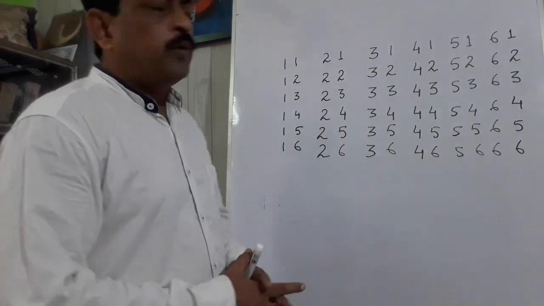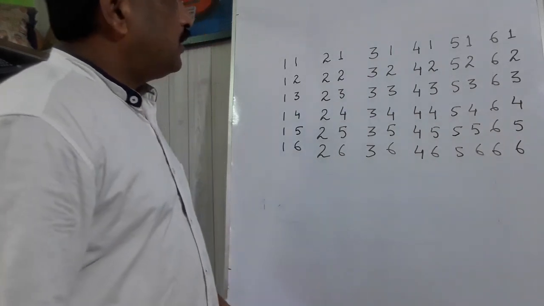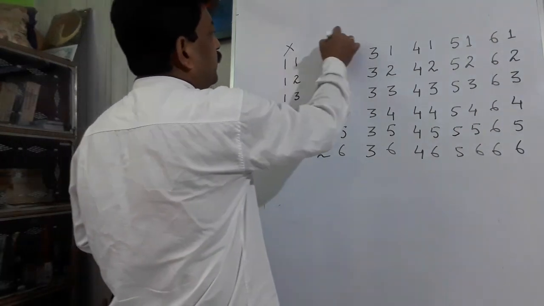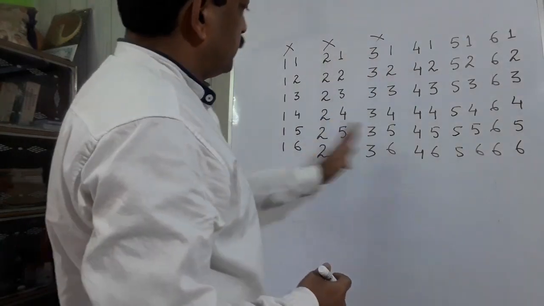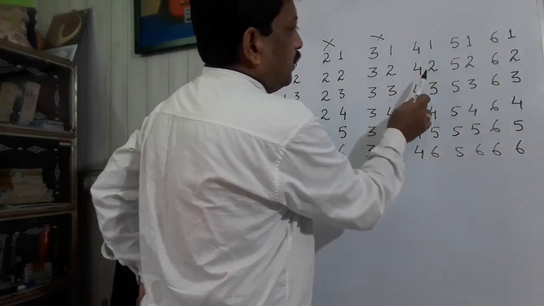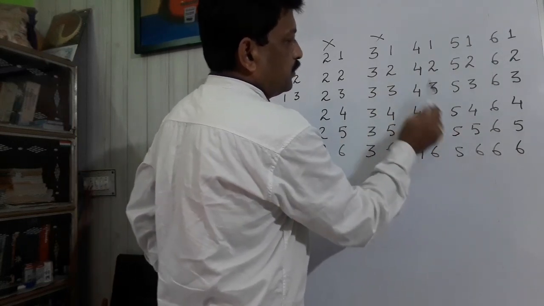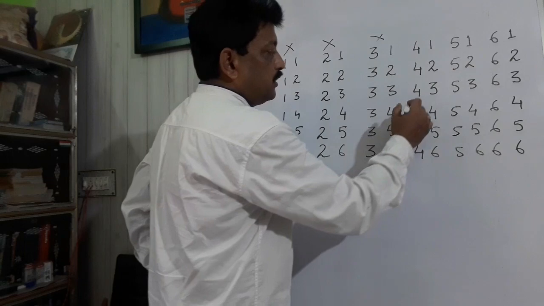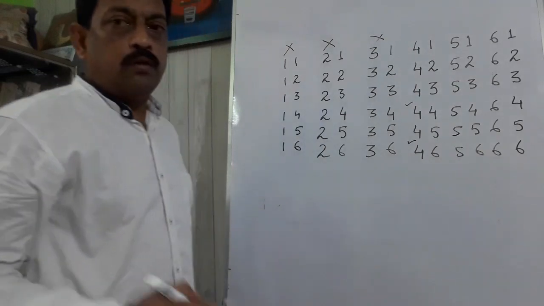Now what is the probability of getting a composite number on both the dice? Composite number, the smallest composite number is 4. So these first 3 rows are excluded. We want a composite number on both the dice. The composite numbers start from 4. So 4, 1 is not a favorable outcome, 4, 2 is not favorable, 4, 3 is also not. Then 4, 4. See, this is a composite number. Both are composite, so this has to be taken.